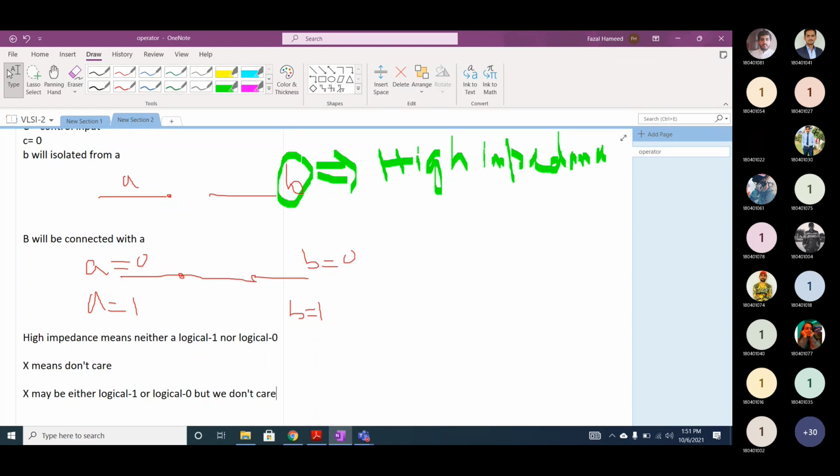Let's assume somebody has raised his hand in the class. It means he has raised his hand and I see him, but I ignore him. It means I don't care about him. Is it understood?